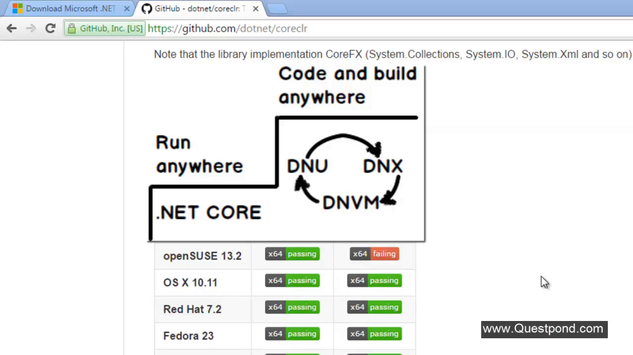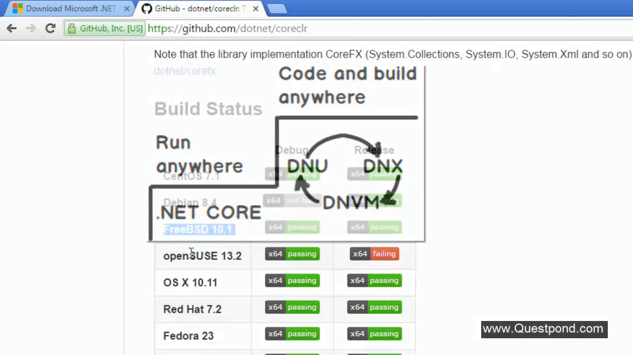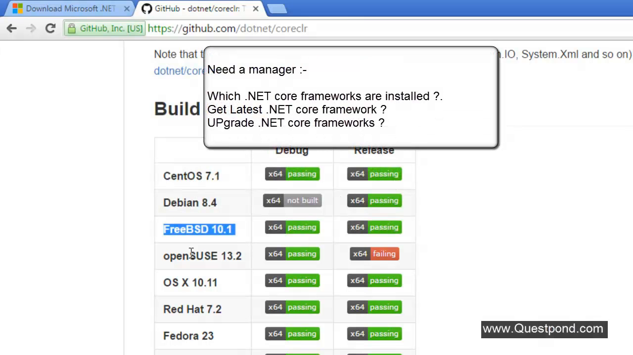So we have the cross-platform execution environments. That means the cross-platform frameworks of .NET, we already have it. Now we need the environment for cross-platform development. So we are on the second phase. The first thing that I desperately need is a manager. I need a manager which will help me tell that you have these frameworks installed in your computer. This is your latest framework. The manager should also help me to get the latest frameworks, upgrade the latest frameworks and so on. So the first thing is I need a manager,